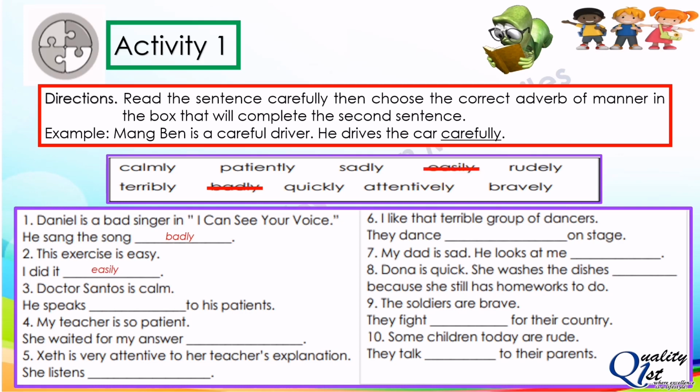Alright? Now, for number 3, Dr. Santos is calm. He speaks blank to his patients. Now, the adverb of manner is calmly. Okay? Number 4. My teacher is so patient. She waited for my answer blank. Now, the adverb of manner is patiently. She waited for my answer patiently. Now, for number 5,